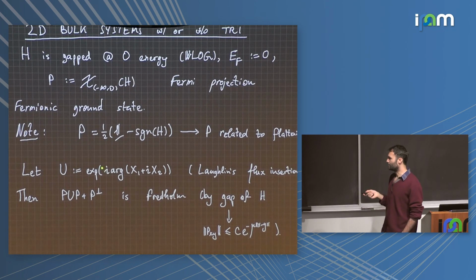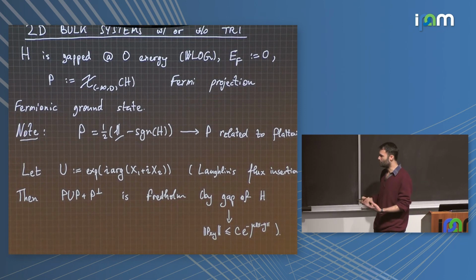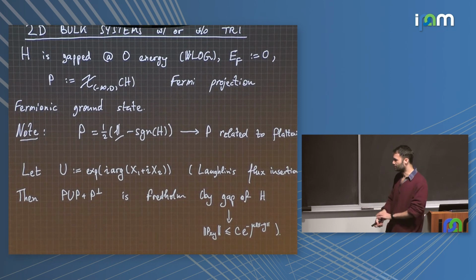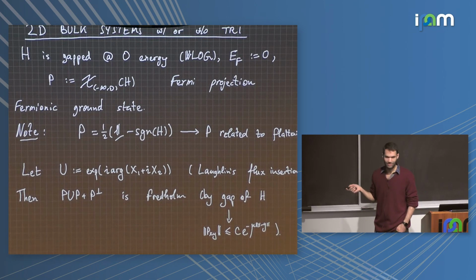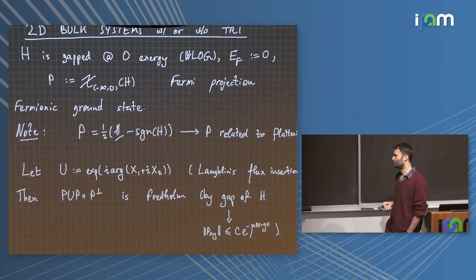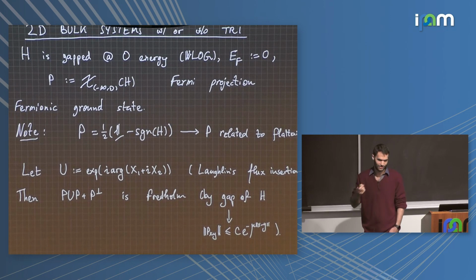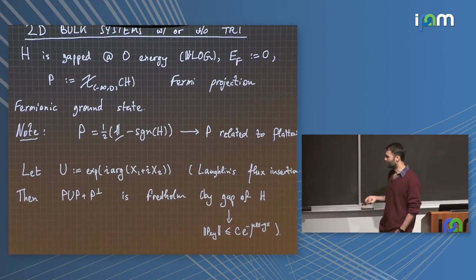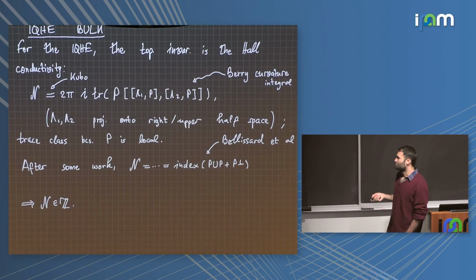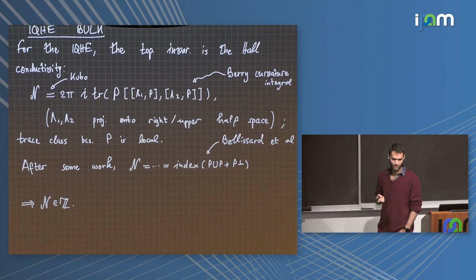Let us also define U. This is now another U, which is the polar part of the position operator in 2 dimensions. This is related to a flux insertion at the origin, which implements an electric field. Then it turns out, it's a non-trivial fact, that PUP plus P-perp is a Fredholm operator. This is because the Hamiltonian is local and has a gap. Okay. That's just a fact, but okay, what do we do in the integer quantum Hall case where you don't